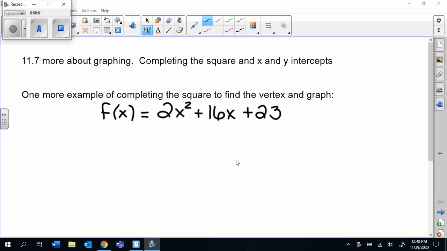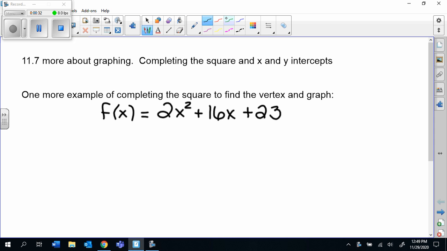This lesson is going to cover 11.7, and there is a YouTube video online already uploaded to Canvas, but now that I've had a chance to review them, the chalkboard lessons tend to be a little bit narrow, and so I thought I'd just go over this one more time, just in case you needed something a little bigger, brighter, things like that. So one more example of completing the square to find the vertex, and then we're going to go ahead and